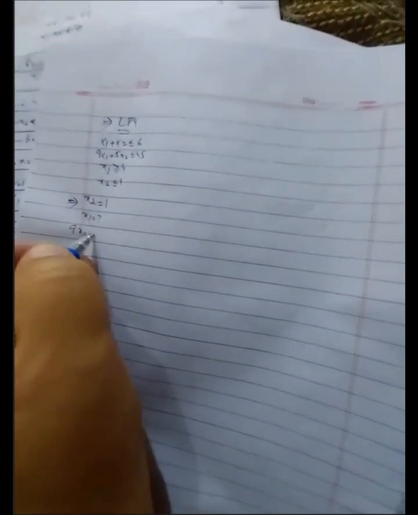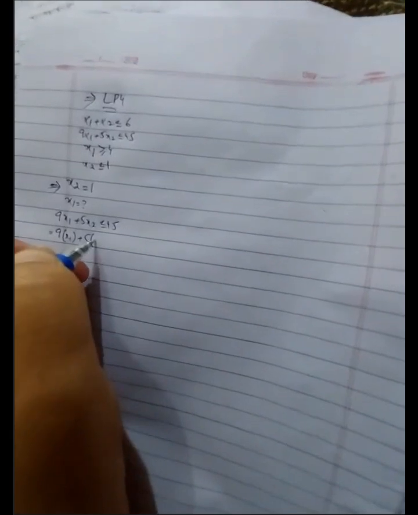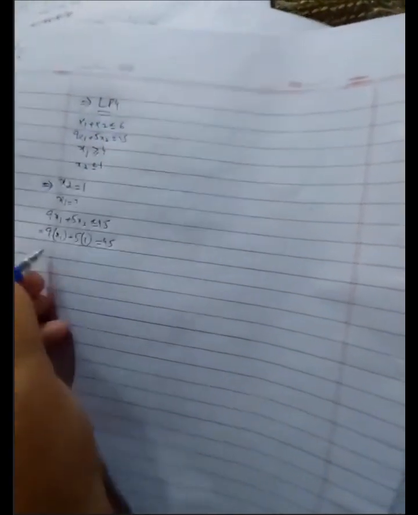Now if we put x2 is equal to 1 and put it into 9x1 plus 5x2 less than or equal to 45, we get 9 into x1 plus 5 into 1 is equal to 45, which implies that 9x1 is equal to 45 minus 5. Dividing both sides by 9, we get x1 is equal to 40 by 9. And 40 by 9 will give us